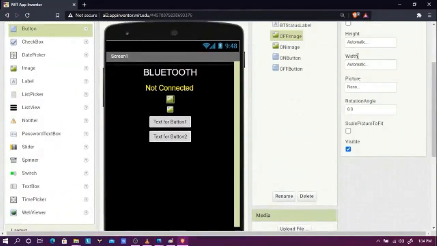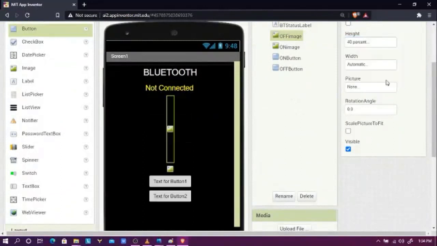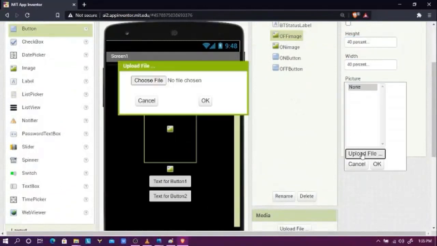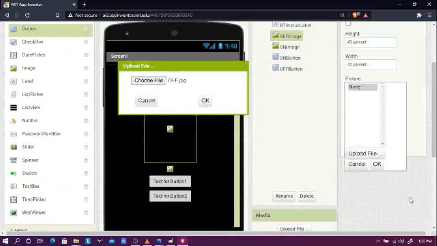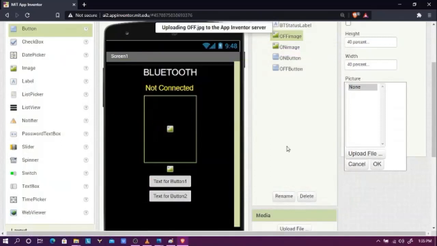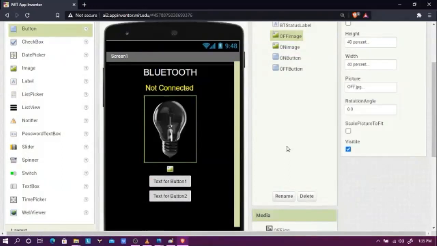Now we have the off image, and we are going to set the height of the off image to 40%, and also the width to 40%. And then we are going to change the image to a picture. So in this case, we are going to upload the off image. Okay, that's it. Click OK, and here we go. The off bulb image will be